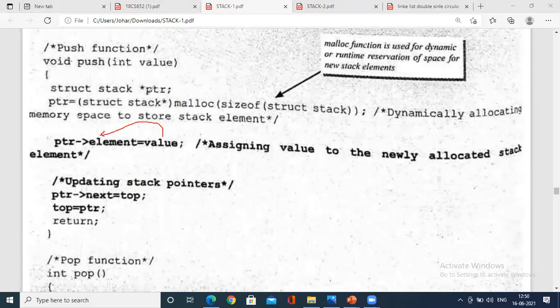The element is created above. Similarly, ptr belongs to this void push function. So struct stack star ptr will automatically copy the element and next. Now copy ptr of element. What will be copied? The inserted value called num1.